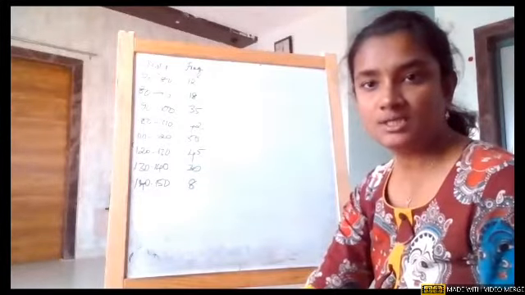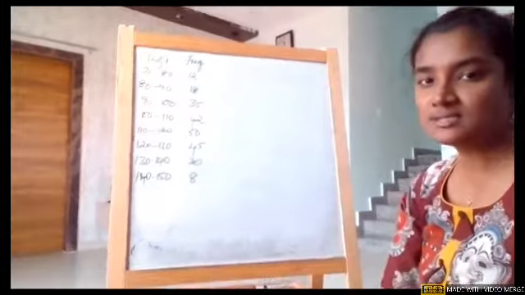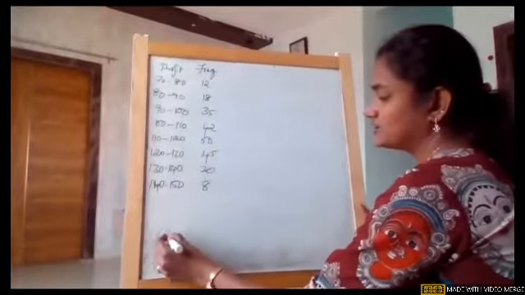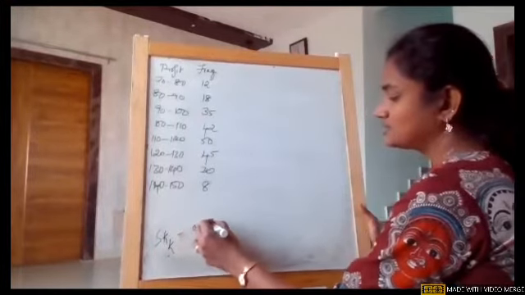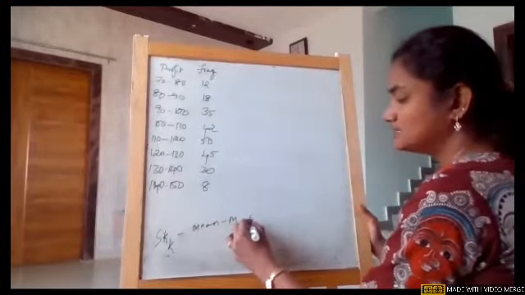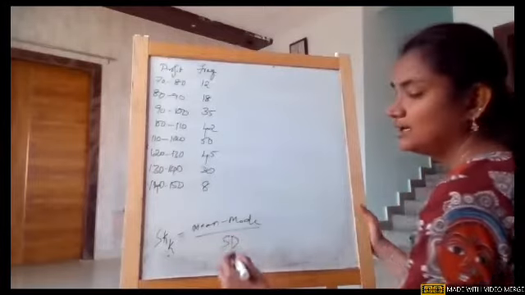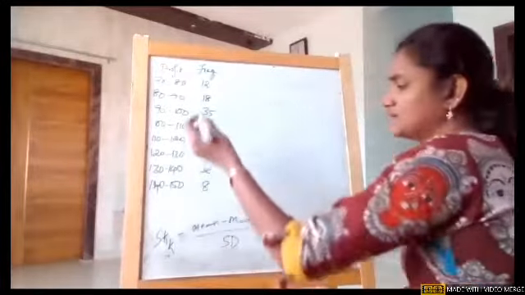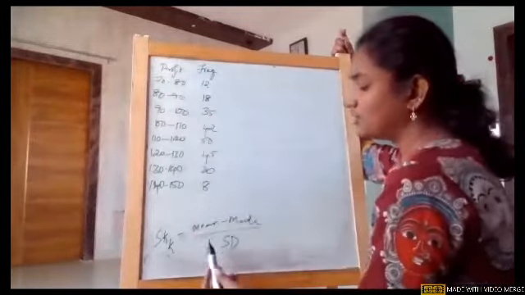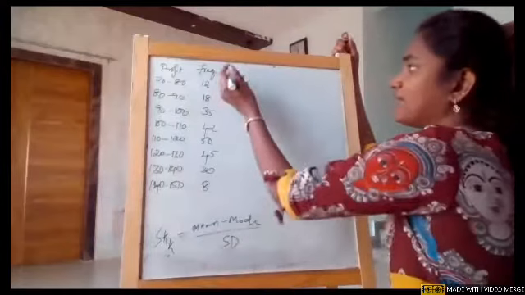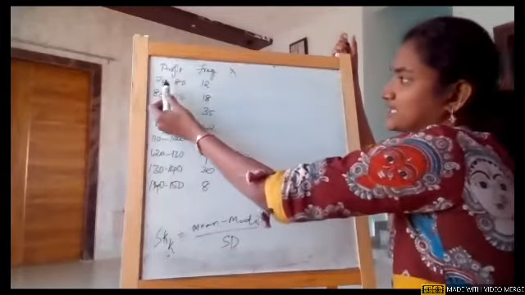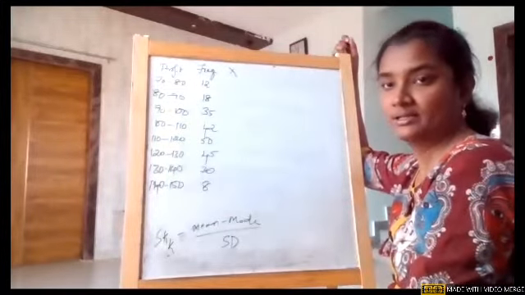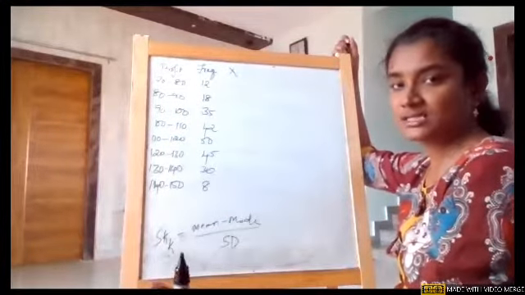Okay. Now, this is the question which is given to us. On this, we will work on finding Karl Pearson's coefficient of skewness, which is mean minus mode divided by standard deviation. Mean minus mode divided by standard deviation. So for this, in order to find the mean, we need x values, if you remember. X value is nothing but the mid value. Okay, girls? Hope you are all following, listening. So x value is nothing but the mid value.